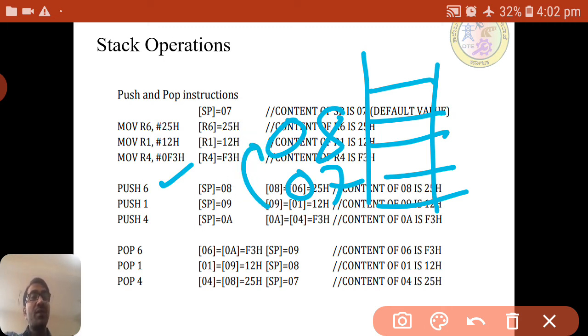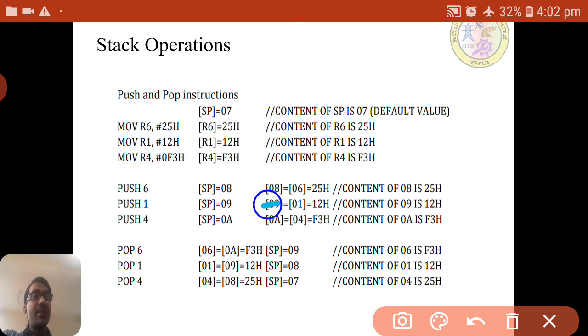At this position, the content of address 6, that is R6, is 25. So 25 will move to the 8th address. So address 8 will have the content of address 6, that is 25.